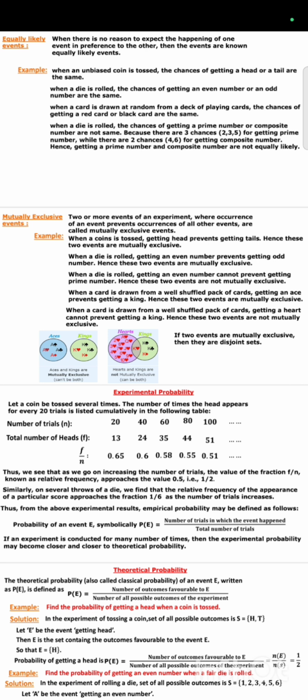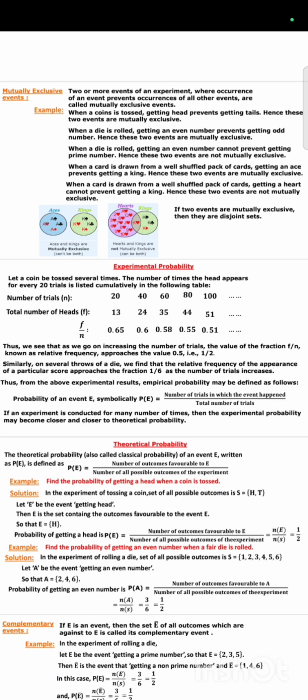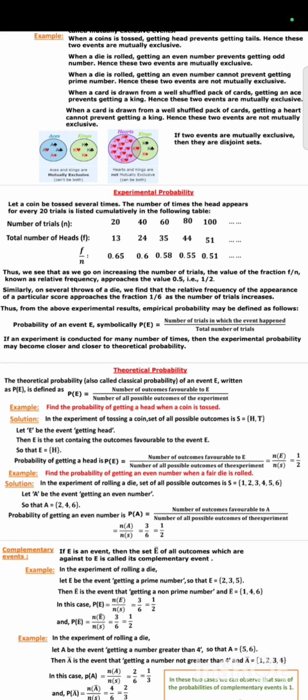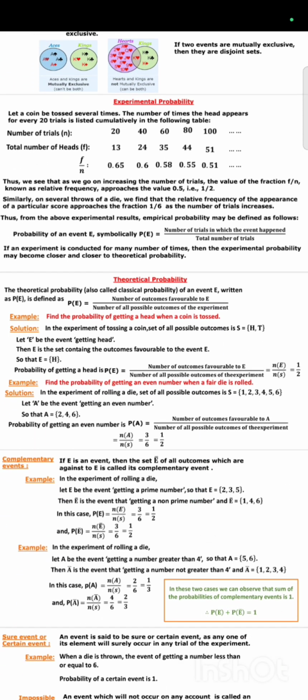Now if you observe the diagram, in that particular set, ace to 10 hearts are there. So here we should not give preference for hearts. If you are taking hearts, you have to take preference for some other club or spade. But here hearts and kings we cannot compare. That is the reason hearts come in the intersection part. Okay, so dear students, I think whatever I explained you understood.